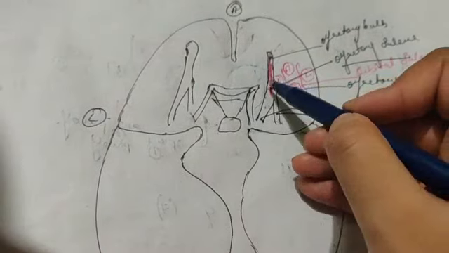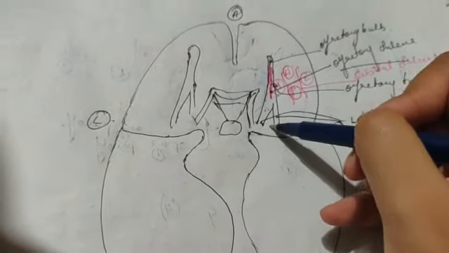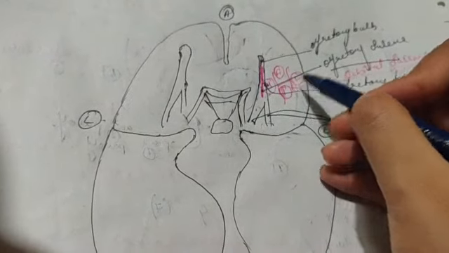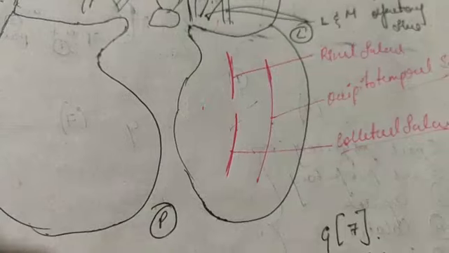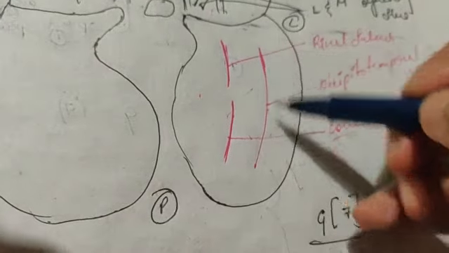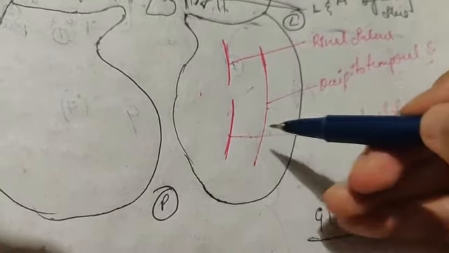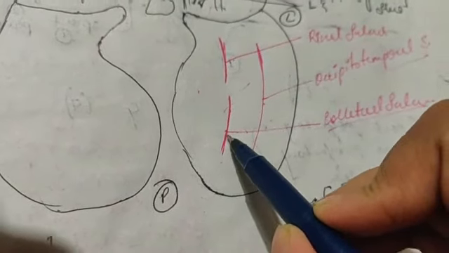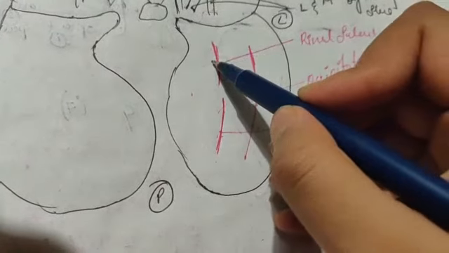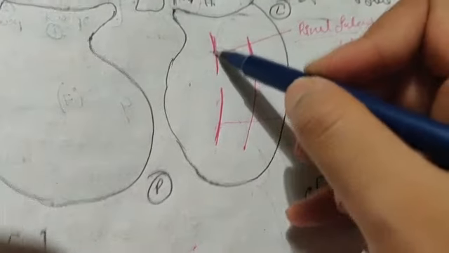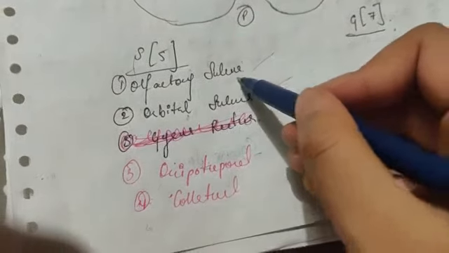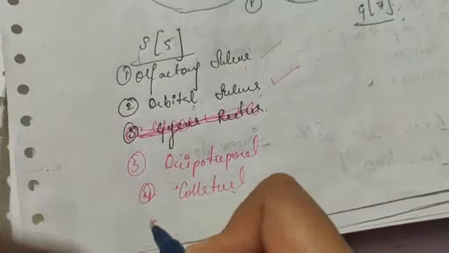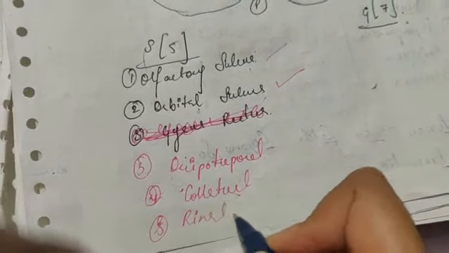So we're done with the olfactory sulcus, which is present in the olfactory system, and then you have the orbital sulcus, which is an irregular H-shaped sulcus. And then coming down, you have the occipitotemporal sulcus, and medial to that you have your collateral sulcus, and on top, in the same parallel way, you have the rhinal sulcus. So you have a total of 5 sulci: olfactory sulcus, orbital sulcus, occipitotemporal, collateral, and then rhinal sulcus.